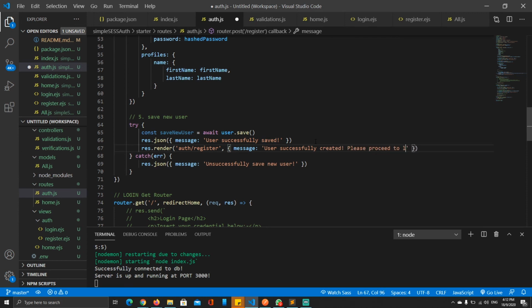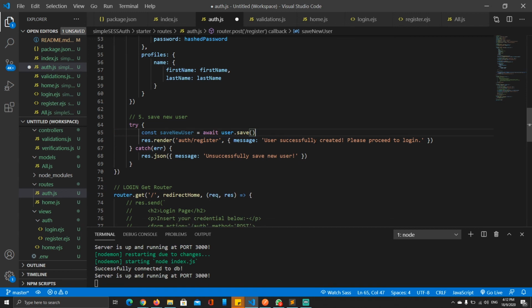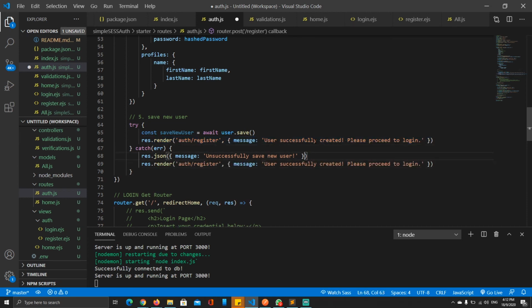Proceed to login, something like that. And if something bad happens, then what we're gonna do is